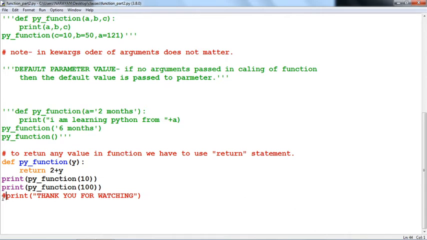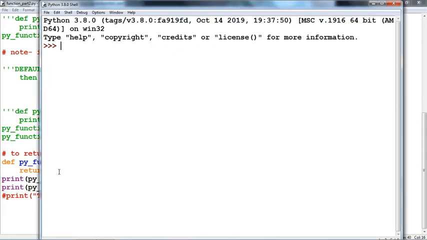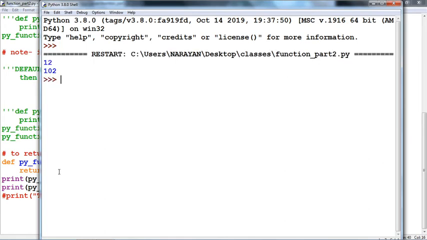Here y is the parameter, and what will be returned by the function? 2 plus y, which means the value of y will increase by 2. So run this program and see the output: 12 and 102.